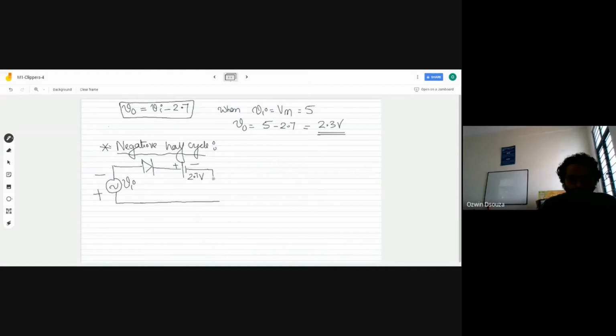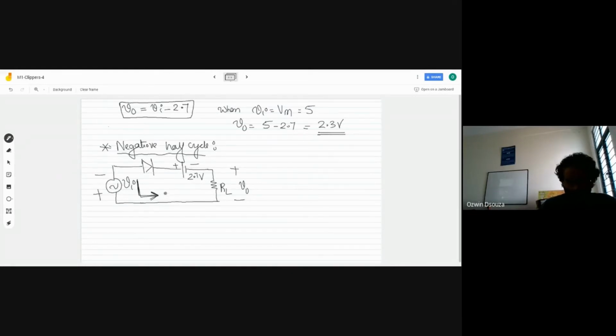Okay. And the load resistor RL. And this is where you are going to measure your output voltage. Now, in case of negative half cycle, if you inspect carefully, the input is trying to send the current in the anti-clockwise direction, right? The input source is trying to send the current in anti-clockwise direction because of the flipped terminals.